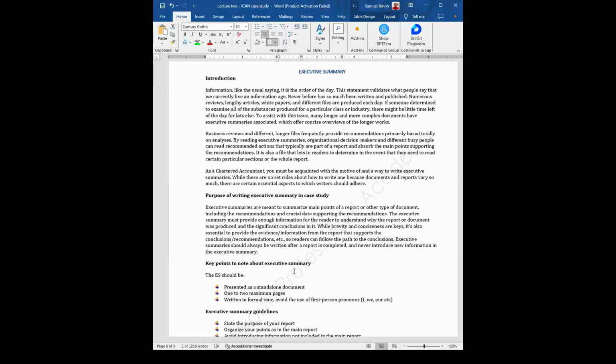Maybe qualitative research method, quantitative research method, maybe even mixed research method. Your methodologies, your findings, your conclusions,